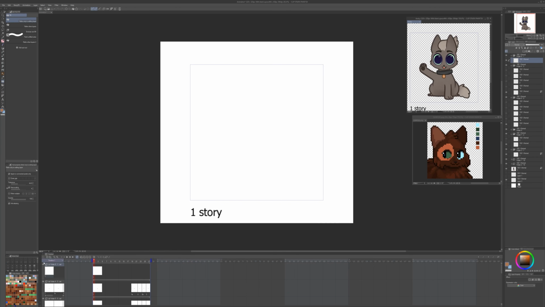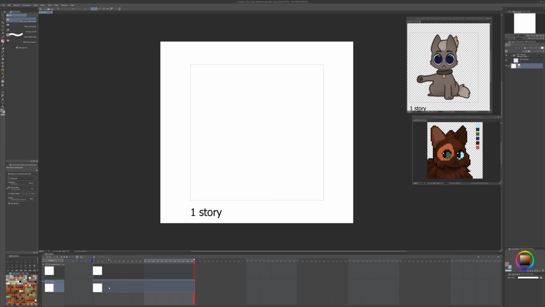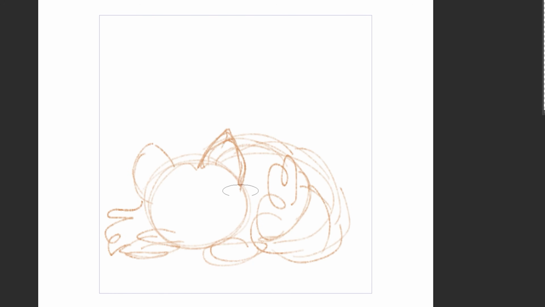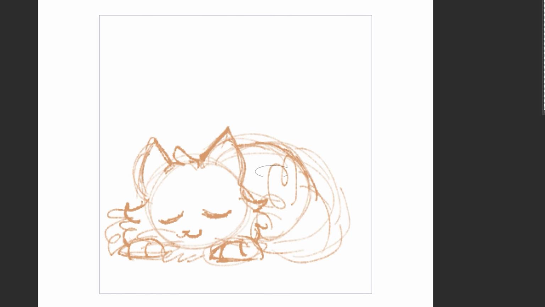Hello, it's Moonkitty. People have been asking me how I make the animated stickers on my Discord, so I figured I'd do a little speed paint. Not really a tutorial, so much as just a very simple rundown. As a warning, this is a speed paint, so things might change abruptly, flash, or go a bit too fast